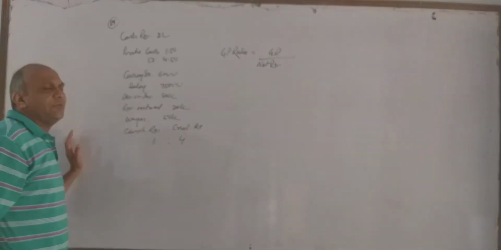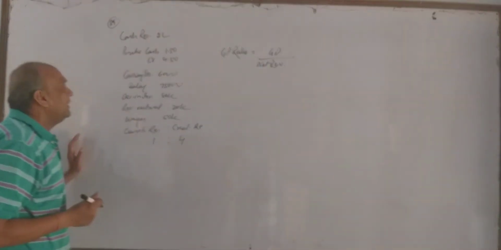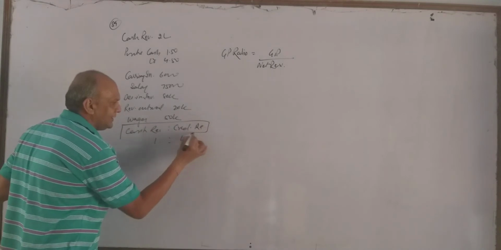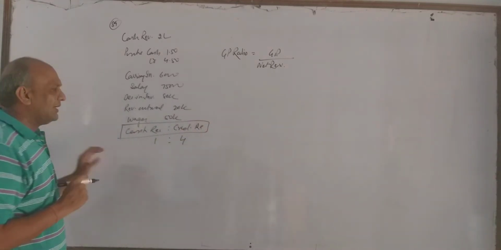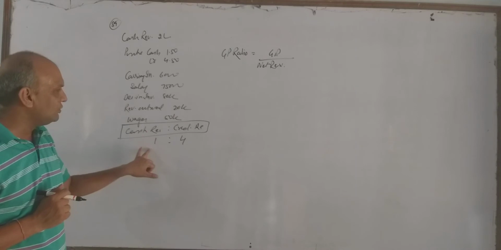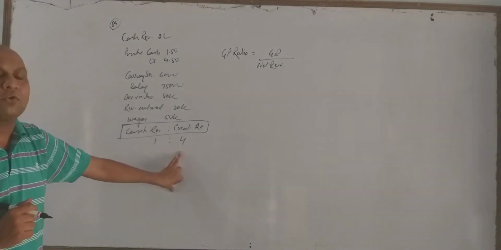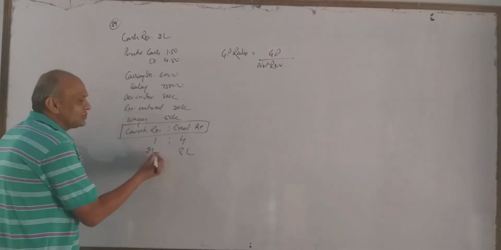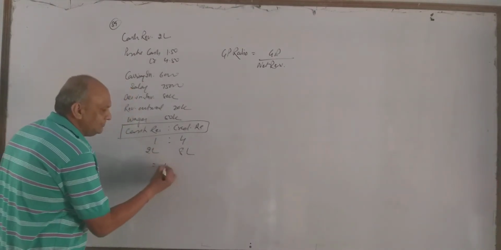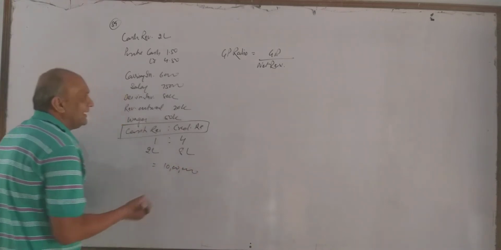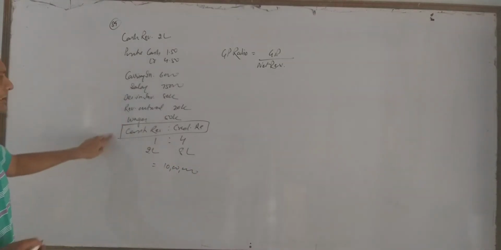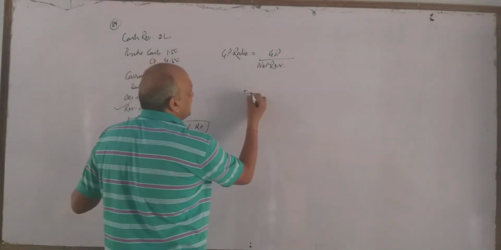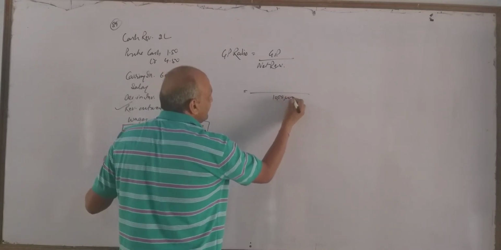So first of all, let us find the net revenue. We have given cash revenue 2 lakh. The ratio of cash revenue and credit revenue is 1:4. What does it mean? It means if cash revenue is 1, then credit revenue is 4 times, so credit revenue is 8 lakh and it is already given 2 lakh. So total revenue becomes 10 lakh. And here we do not have sales return. Return outward is given, but it is purchase return. So one answer has come to us. This is 10 lakh rupees net revenue.